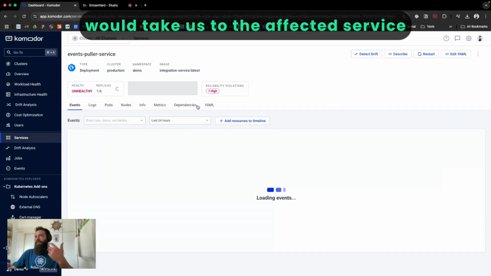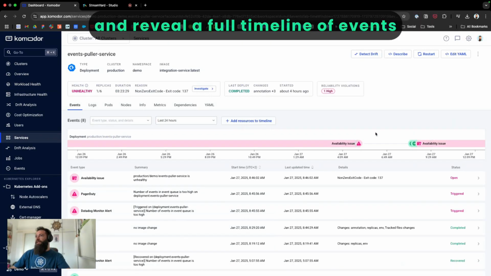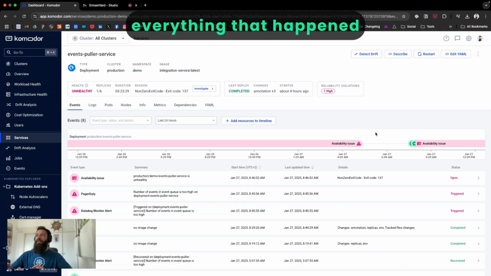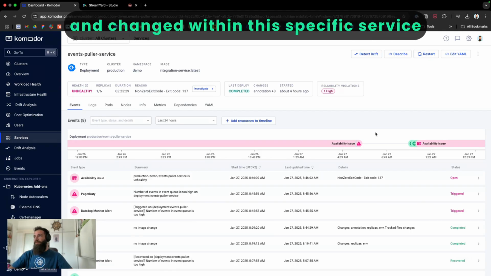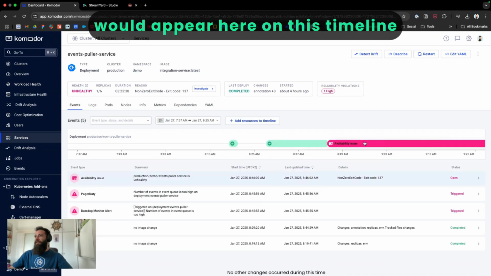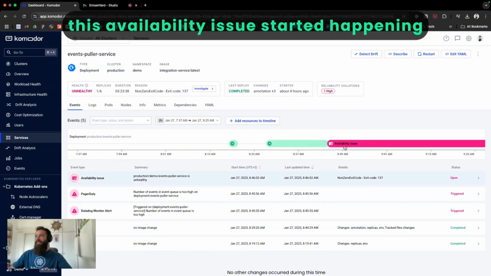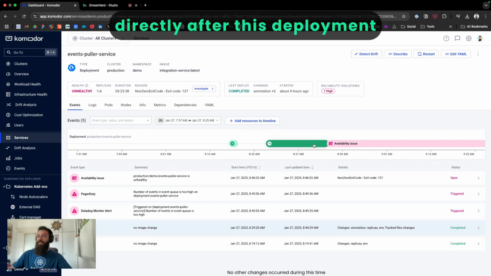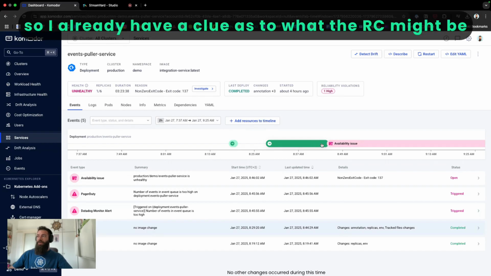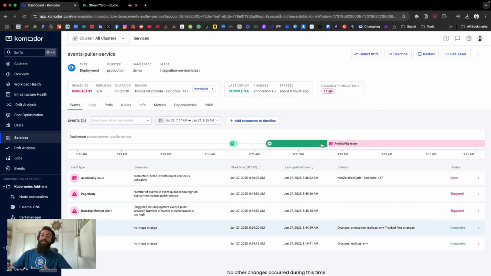Clicking on either one would take us to the affected service and reveal a full timeline of events. Everything that happened and changed within this specific service would appear here on this timeline. And just by looking at it, I can already see that this availability issue started happening directly after this deployment. So I already have a clue as to what the root cause may be, but I don't have to think that hard